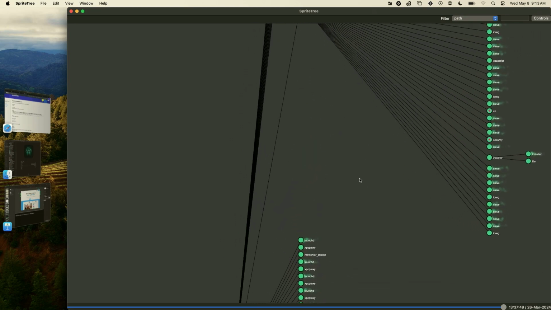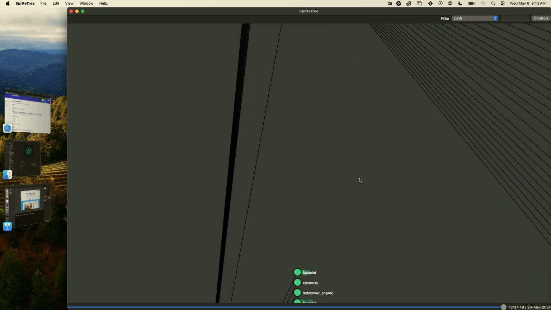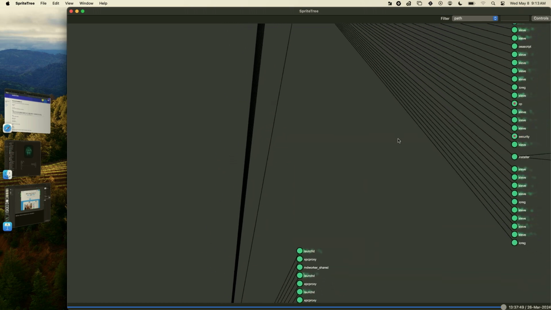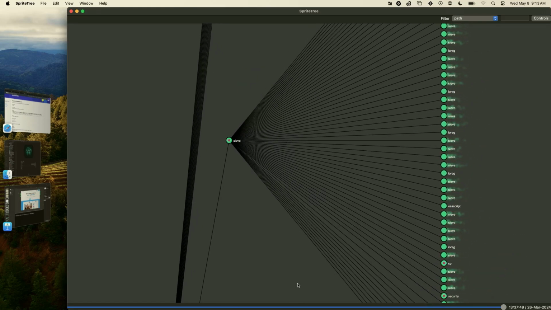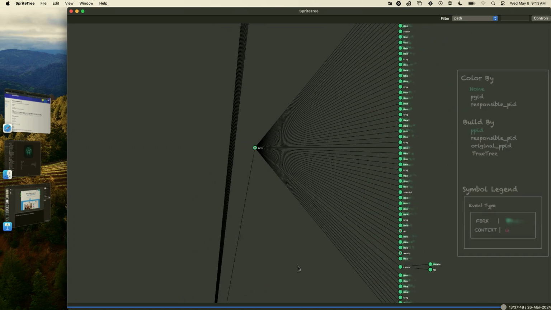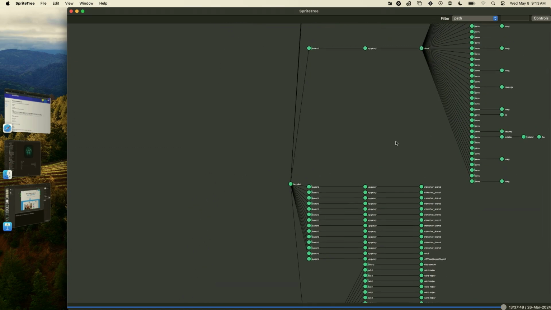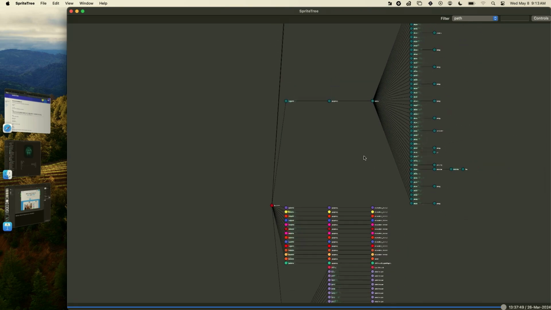Same exact thing: we ran ESLogger, we performed a capture when we detonated the malware, and we loaded it into SpriteTree. So first, I'm going to press escape, go into the true tree mode, and then why not, I'll color it by responsible PID just for kicks here.